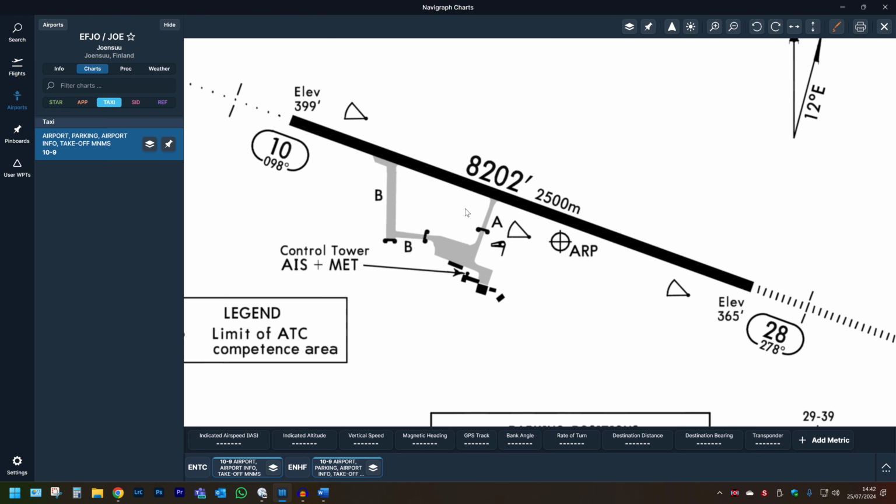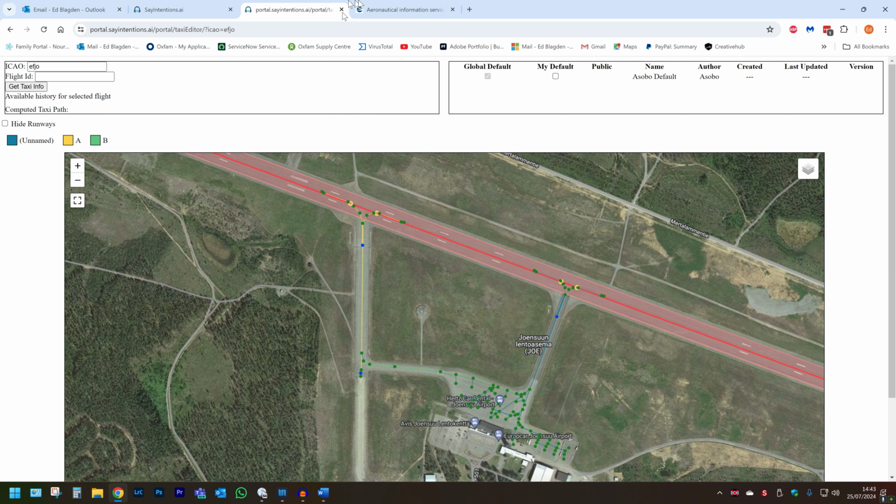But this actually illustrates something quite important, which is in the Navigraph charts, or the Jeppesen charts, they're often missing quite a lot of detail. And although I could easily edit this airport from this chart, if you look at more complex airports, you often get into confusion between what's a holding point, what's a taxiway, where's the fuel depot, all that sort of thing. So unless I have to, I tend to avoid using these, and instead the source that I use actually is